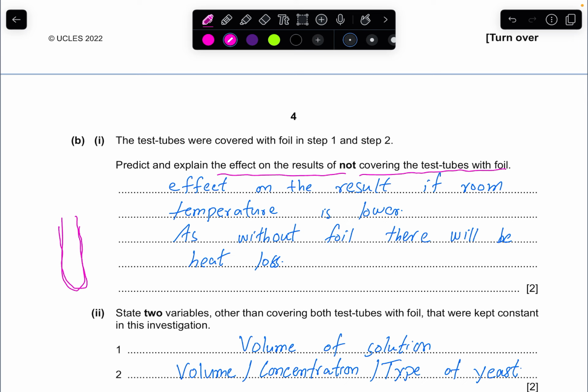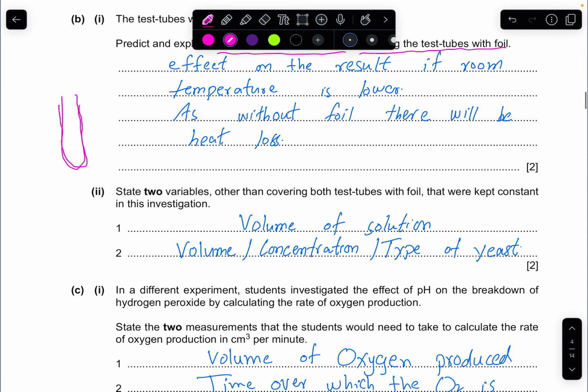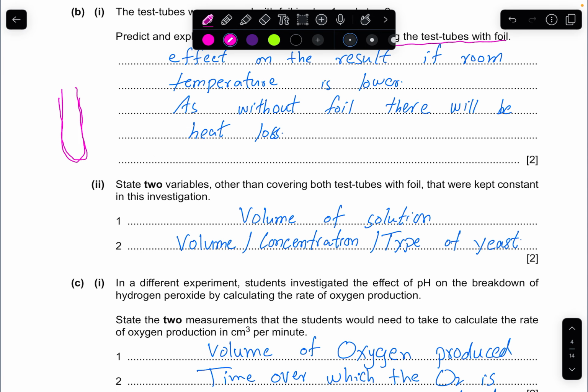The effect on the result, if room temperature is lower, as without foil there will be heat loss. So foil is used to protect from heat loss. The next question: 2 variables other than covering both test tubes with foil that were kept constant. So there are a lot of other variables: the volume of the solution or the concentration, type of yeast, volume,